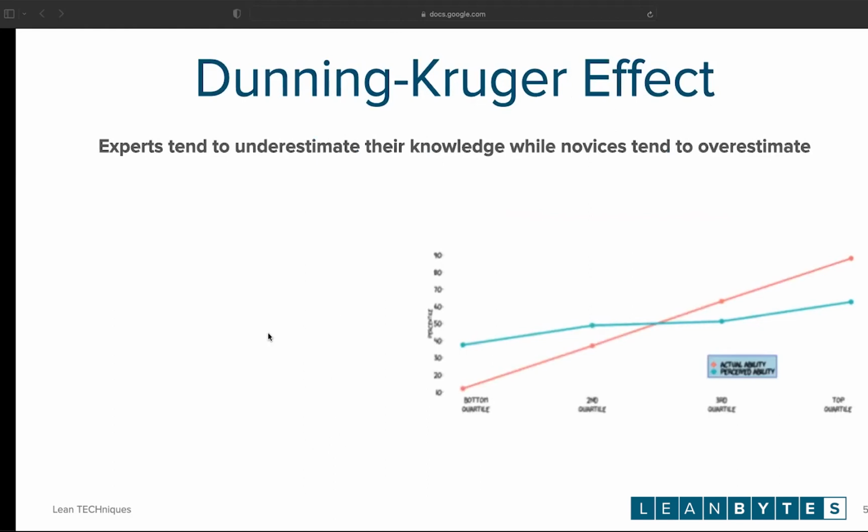So basically this red line would represent somebody's actual performance, where that teal line represents their own perceived performance. So interestingly, to me, just as a one-off, the perceived ability doesn't actually increase that much, right? We're still within that 40 to 60% range where our actual ability kind of far exceeds that. So really, the more we know,